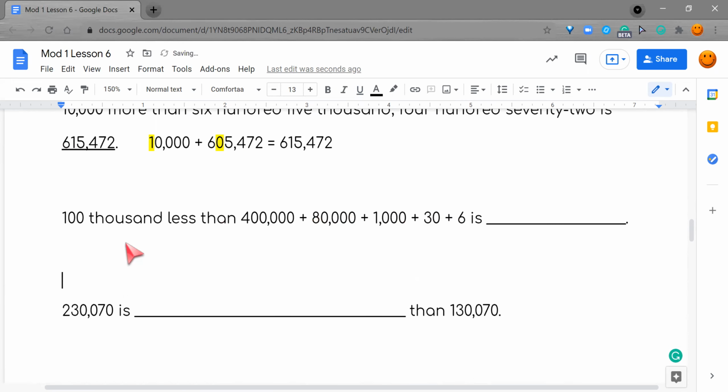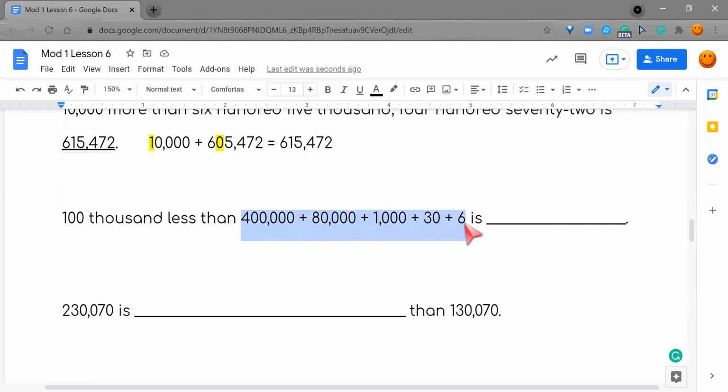Okay, I'm going to need a little room. So it says 100,000 less than. So I've got to think of what does less than mean? I know more than meant add. So could less than mean to subtract? Okay, now I've got to figure out what goes first. My 100,000 or this